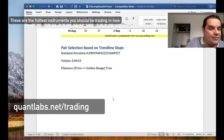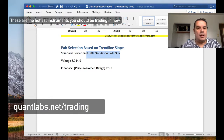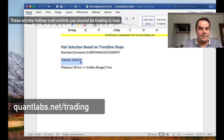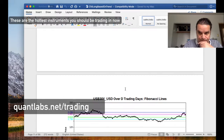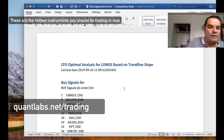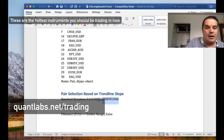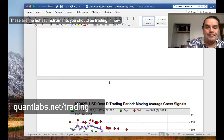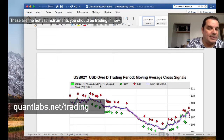So again, one thing you want to look at is the group standard deviation. So if I go to... let me see if I can put that. Okay, so if I go back up to the group volatility, which is here, you can clearly see that the volume is much higher than the average of this group volume, as well as the volatility for what I just showed you is definitely lower than the group. So the 2-year bond, the volatility is fairly low,